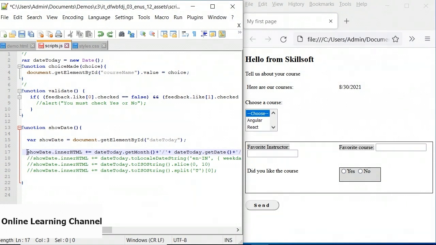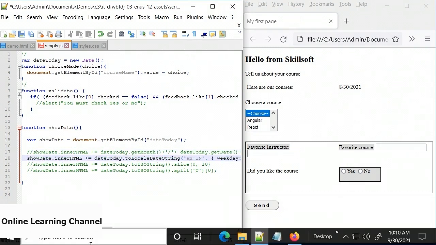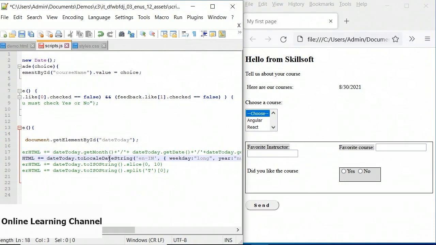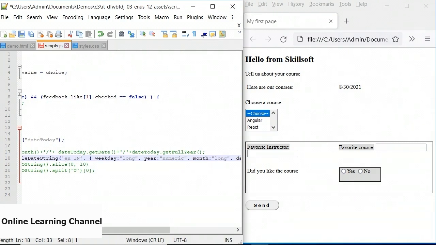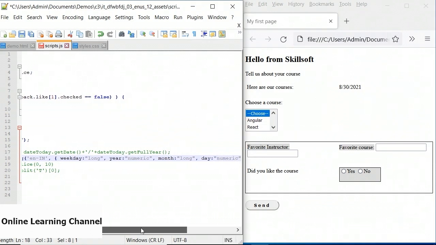So let's put a comment at line number 17, and on line number 18, I'll show you a different way of getting the date. Notice this one says toLocaleDateString. So again, I'm still using the date from today that JavaScript gave me from line number 2, and I'm adding on toLocaleDateString. So toLocaleDateString is a method of date today. And what that is going to do is we can pass it some configuration. So for example, I'm saying I'd like the Indian style of dates in English, and I'm passing it a configuration